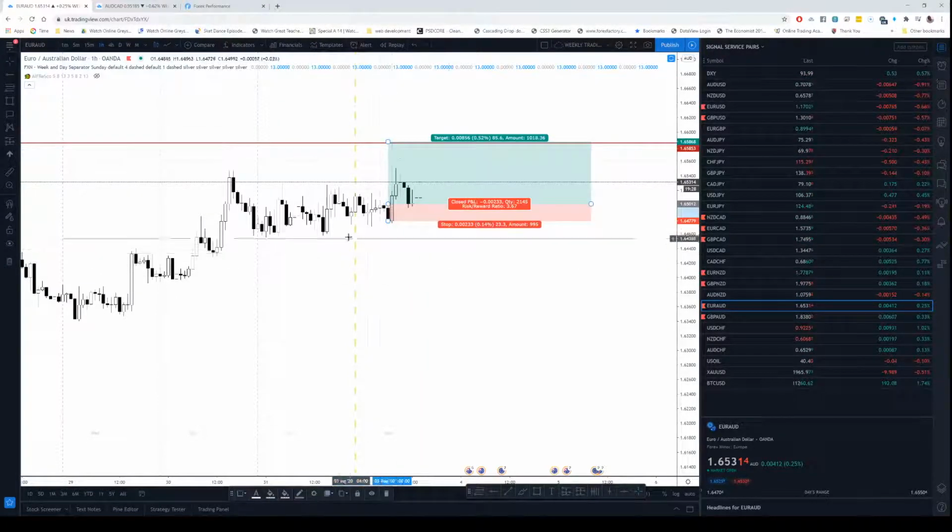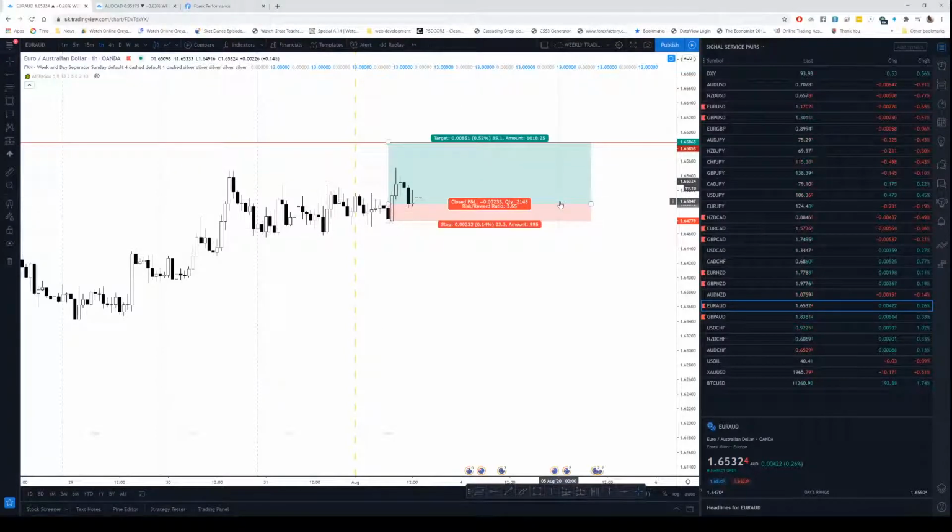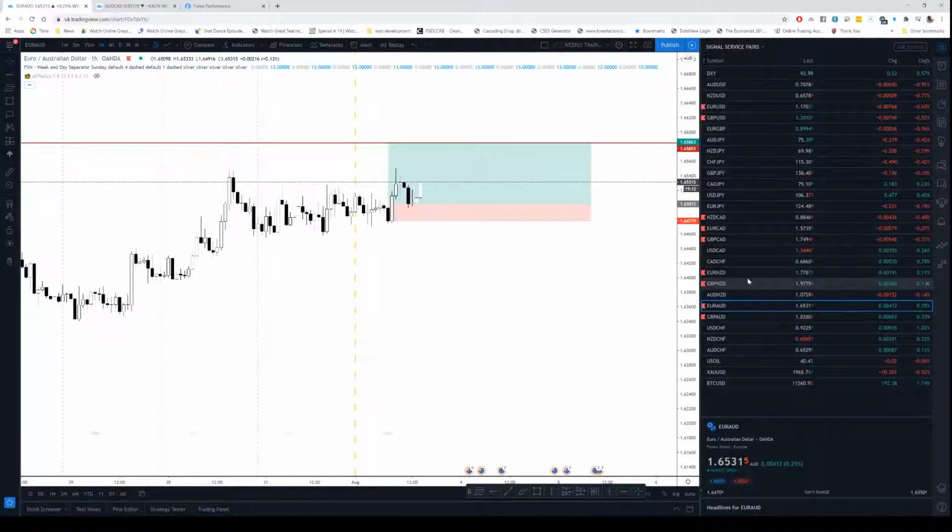It was a good 3-1, but it's Monday, so it's a risky trade, and that's why I took it, because I don't want to give too much risk. The easiest setup is what I've given you guys, right? Where's the Aussie CAD? Please